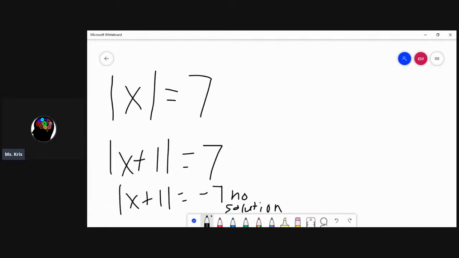And of course, if it is positive, then either x will equal 7 or x will equal a negative 7,